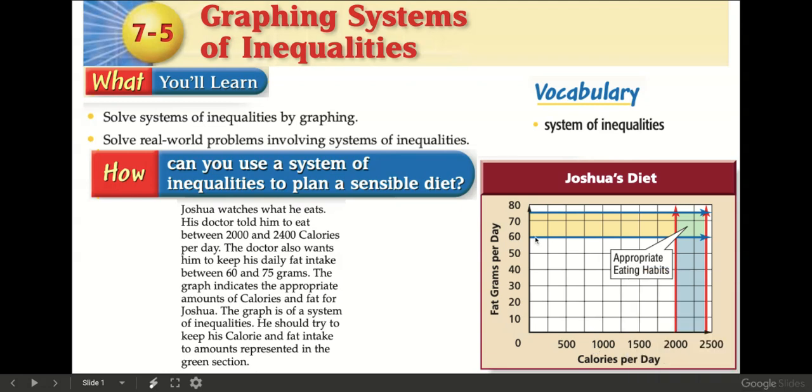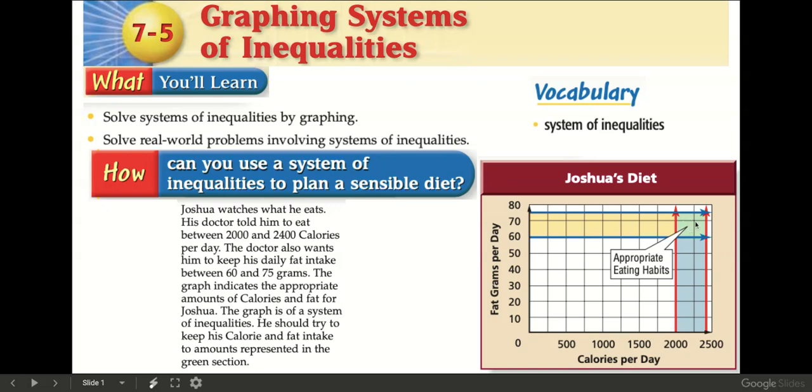in the green section. So these two lines represent the amount of fat he should have per day, right? It should be somewhere in this yellow area. And this blue area represents the amount of calories he should eat per day, right? Well, based off these constraints, Josh should be eating his food somewhere in this overlapping area, which is this green area, where he's in the right amount of daily calories and also in the correct amount of grams of fat per